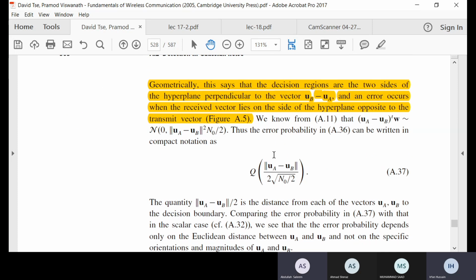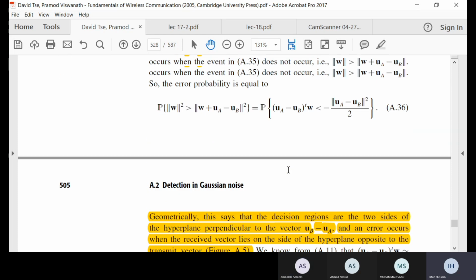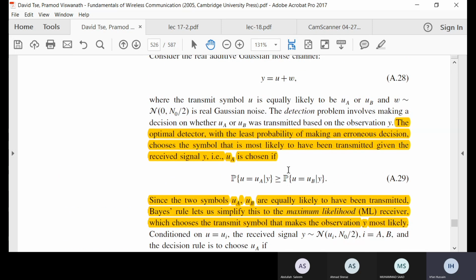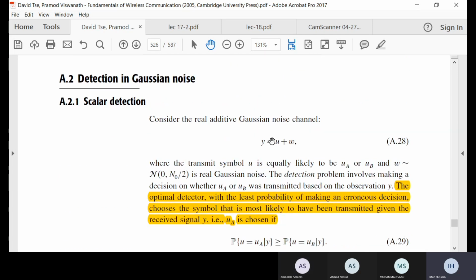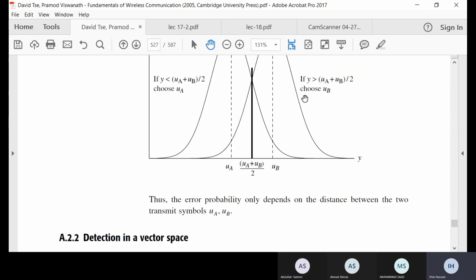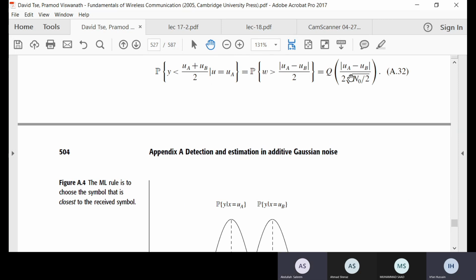When we receive the signal, we have HUA minus HUB and all that. But what we are developing here is just the detection rules. And for detection rules, we started with just y is equal to u plus w. Here you cannot see any h. All right. Just see this from detection: here we just have y is equal to u plus w. All right. And yes, we mapped this equation